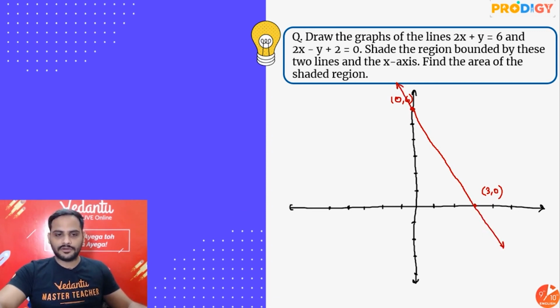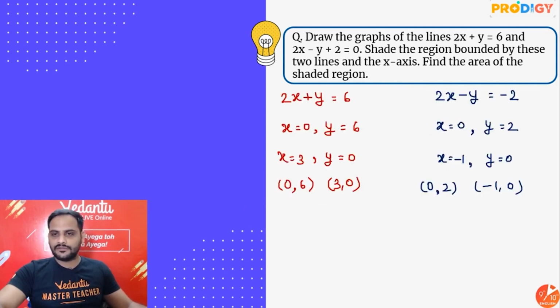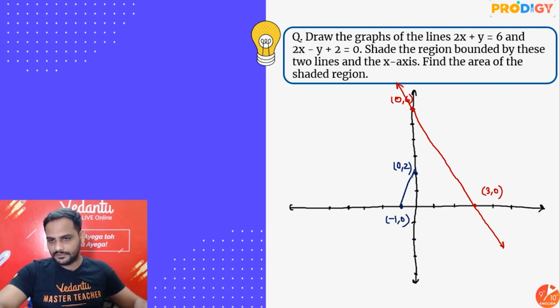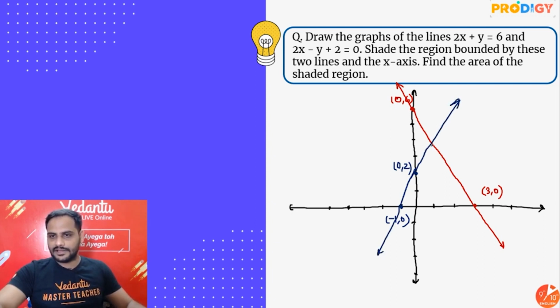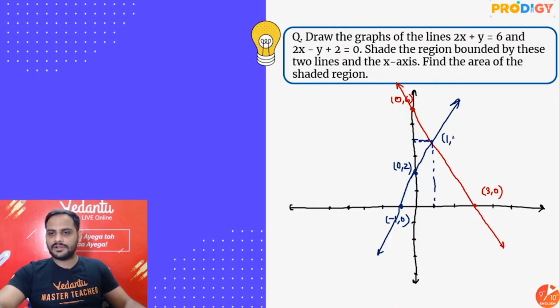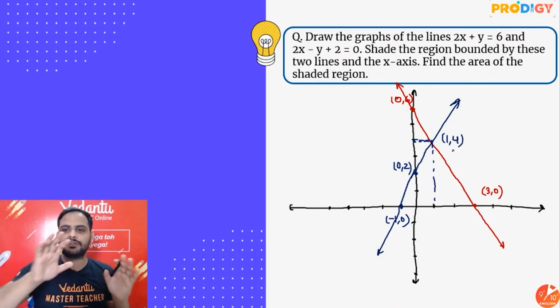Second equation, if I have to plot, guys, what are the 2 points we know? We have 0, 2. 0, 2 is over here. And the other is minus 1, 0. Minus 1, 0 is over here. Alright, let us join these two as well. So this is how it is going to look. I think they both will intersect somewhere at 1, 4. Here I think they should intersect. Let's look at the graph. On the graph they are intersecting at 1, 4. Okay, this is a rough diagram. That is why it was difficult to show, but they are intersecting at 1, 4.